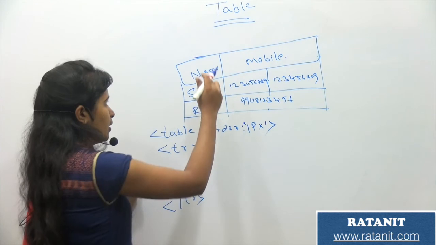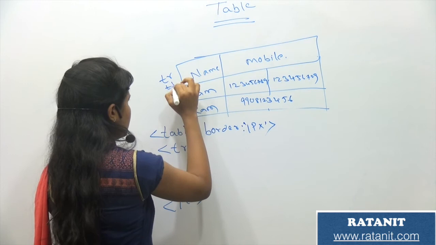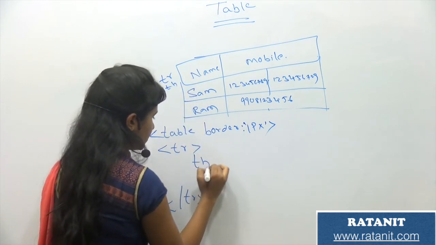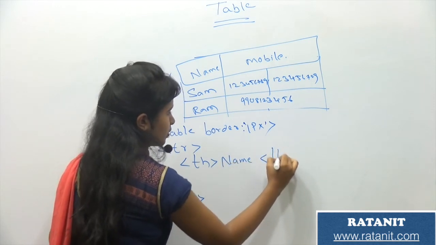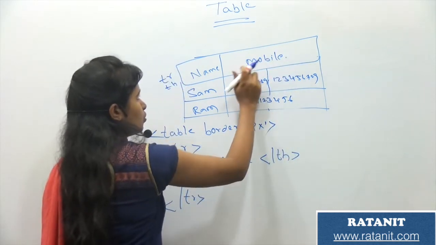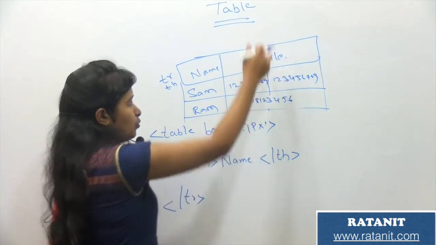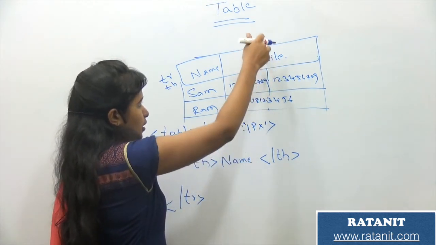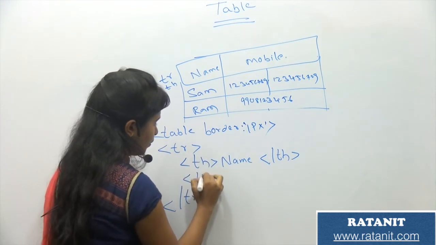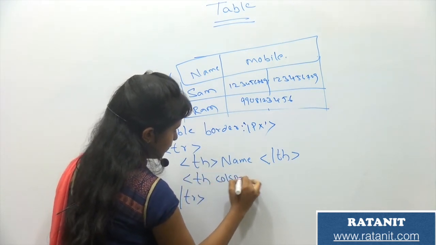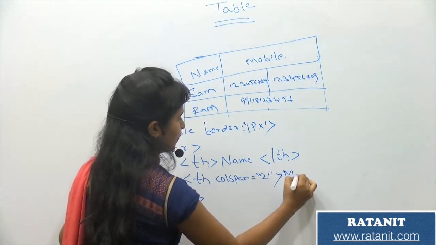Here in this row, these two are headings. That means in the row I am having th elements. One th is name. Well and good for this. But here two columns are there in one row. I don't want space or a division over here. I just want to print my mobile in two columns. For that purpose, use colspan equal to 2 and write mobile.